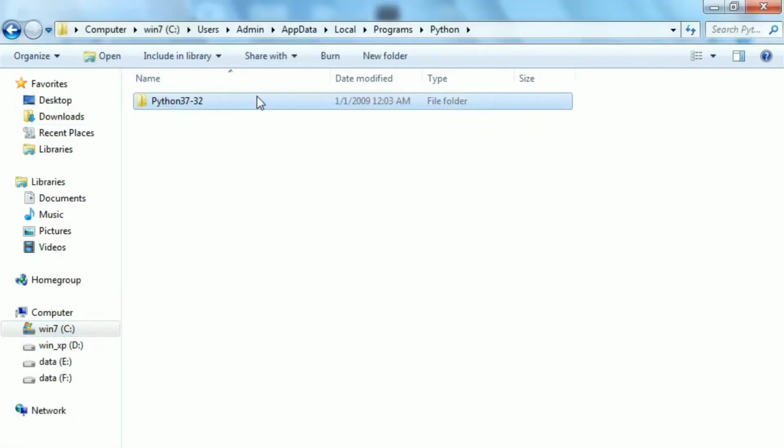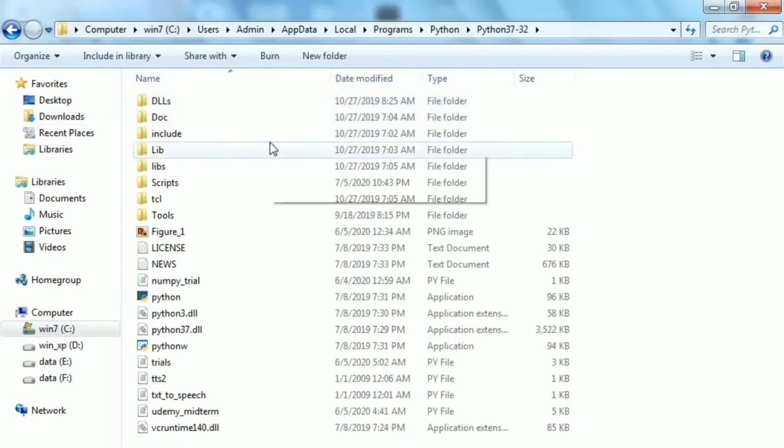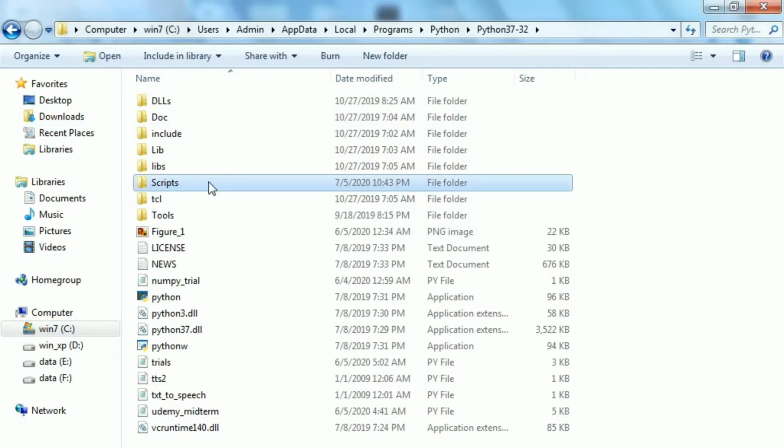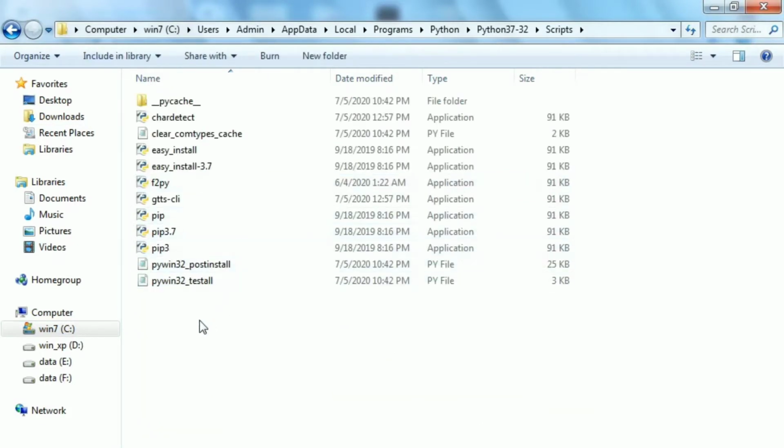Now that you have this folder with you, open it up. There you will find a folder named Scripts. Open that. Now you will have this application named as either pip or pip3, any of that. I have pip 3.7 also. So you have pip right out here.